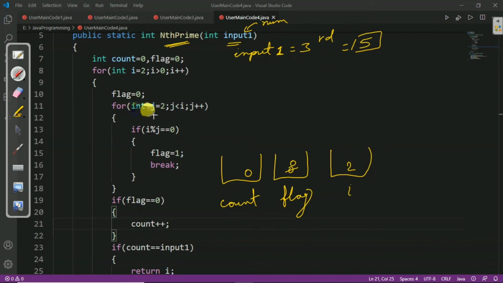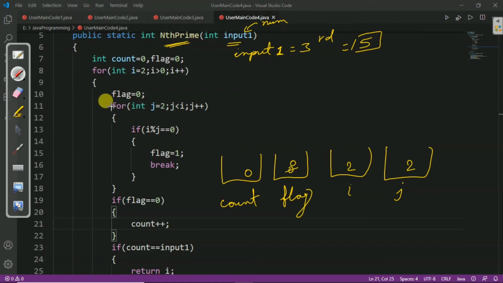After that we have taken another for loop, and here initially the j value is 2, so let's assign the j value to 2, and now we will check the condition if j is less than i, and here we can see that j is 2 and i is also 2 which is equal, not less than, so the condition is false.